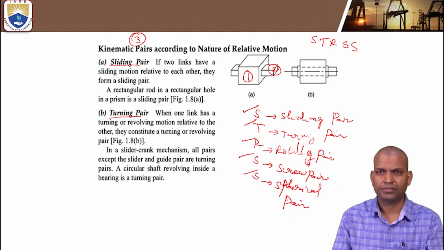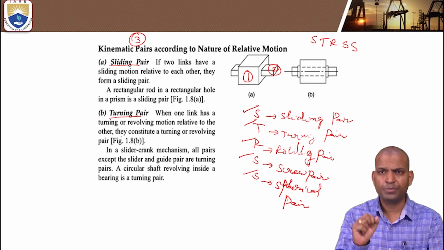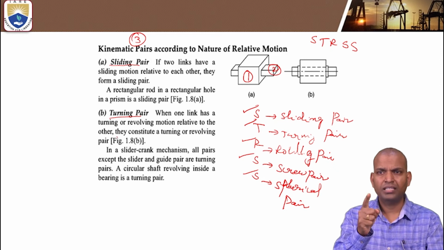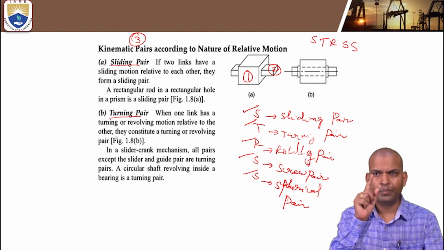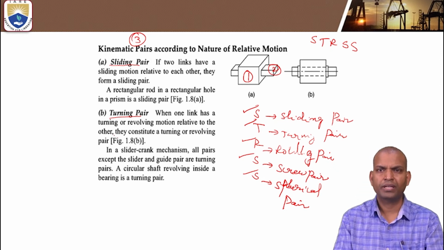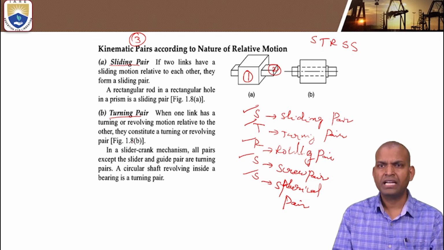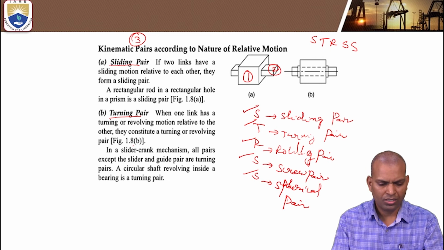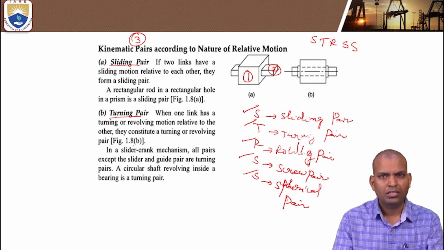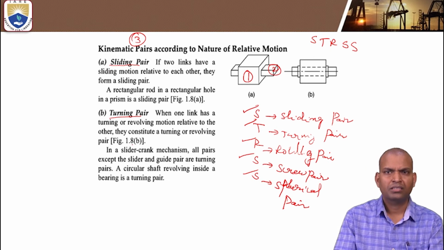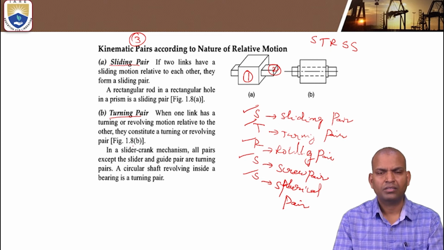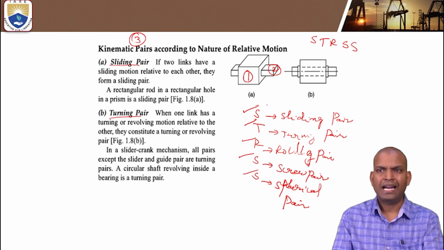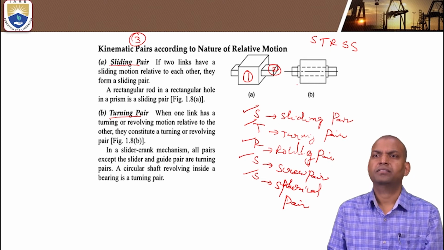completely constrained motion. Again, if you see types of constrained motions, there it comes under the category of completely constrained motions, sliding pair. So a rectangular rod in a rectangular hole, a rectangular rod in a rectangular hole in a prism, then it comes under sliding pair. And figure B, if you understand,